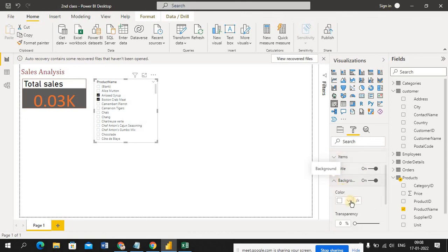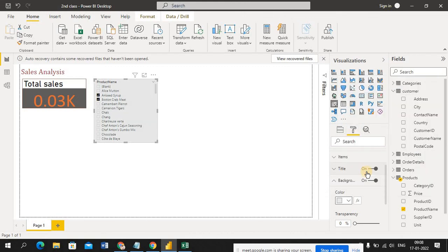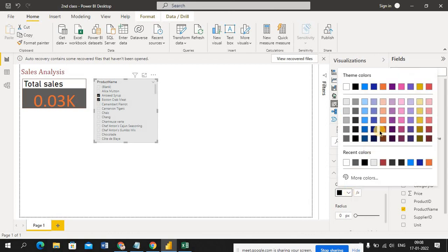the background. This is a white background, right? I am giving the background as this. Okay, and the transparency, in the sense the background transparency, is that one. Next, the border, so the border outline, just make it on. Okay, give